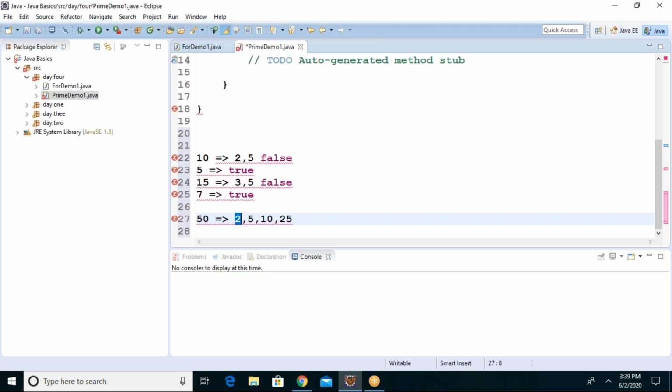No. If you found one factor, it is not a prime number, correct? If you don't find any factors, you keep on continuing until you find a factor. Till the end, if you don't find a factor, it is confirmed it's a prime number. But when you find a factor at the beginning itself, the first factor itself, I can confirm now it is not a prime number.